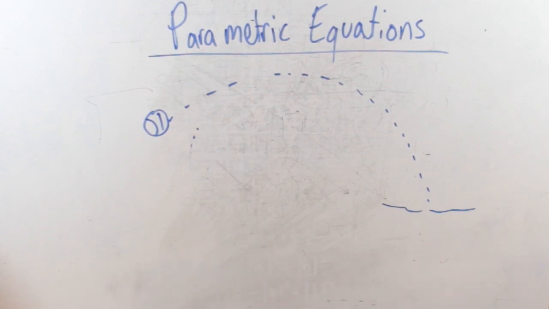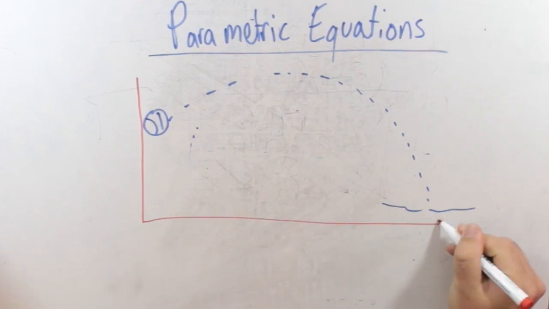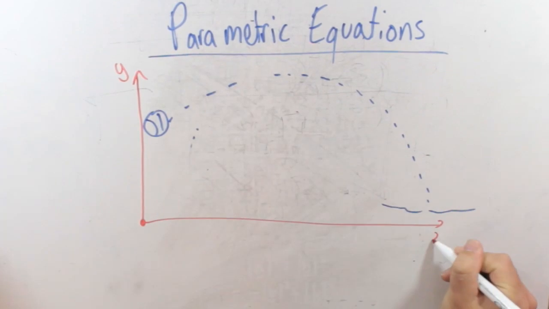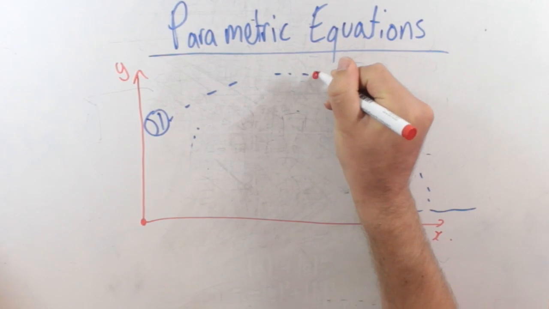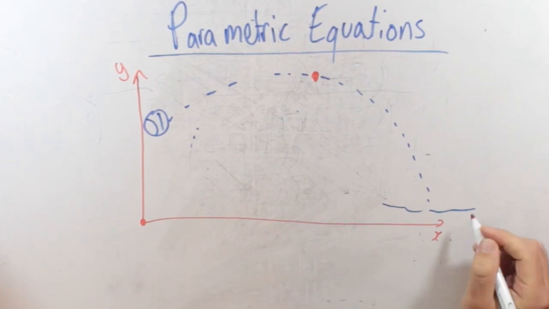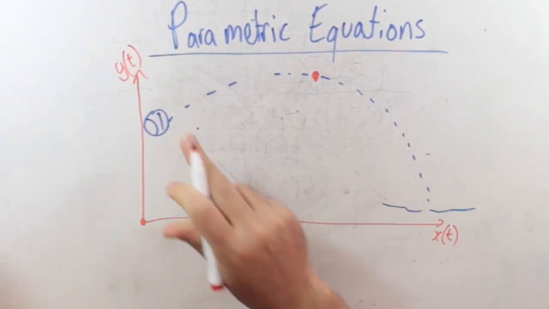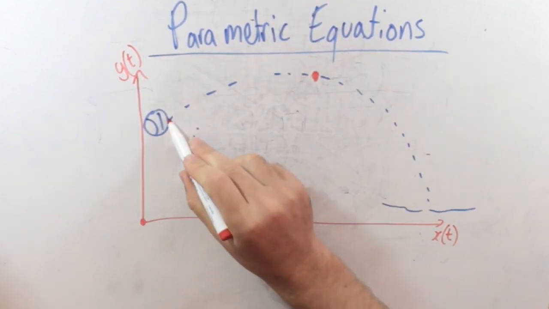Okay, so we could define our geometry system like this, Cartesian system. We'll call this y and we'll call this x, and it follows this path, x and y, but the parameter of time suggests that it's in a particular spot at any one time. So we could say its x position has a variable t, and so does its y position as a variable t. So the height changes with time and the x changes with time. So it follows this path,